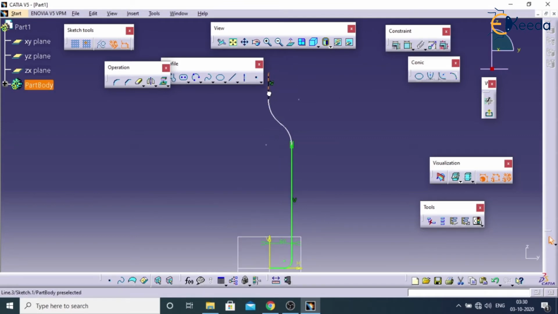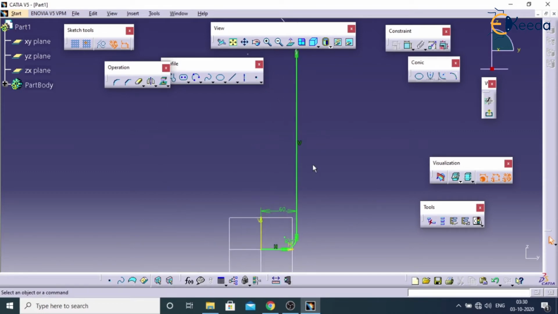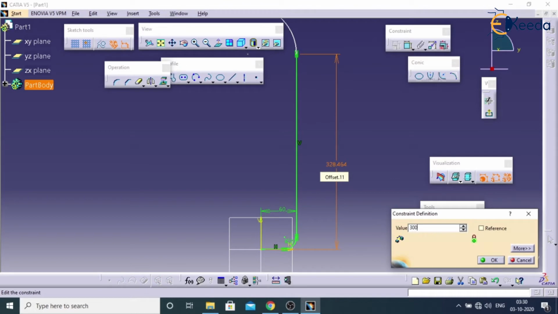Just move all these things for better understanding. Height of this, I will be taking from this point to this point, around 300.